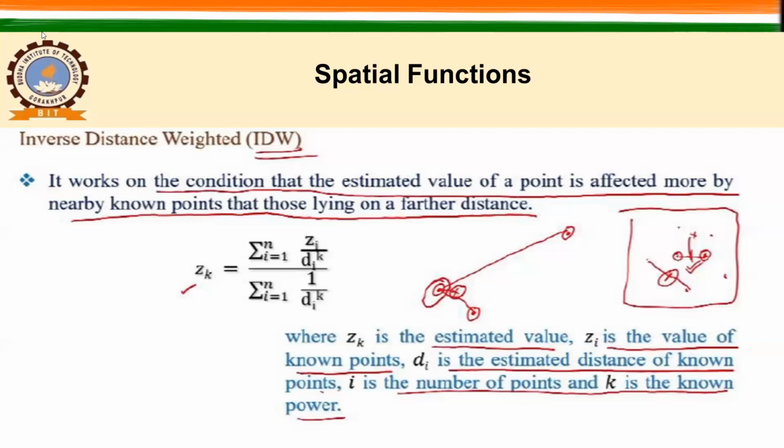So it may be wrong, or in another case, let us say this and this value are lying very far from each other, and there is one more value here. So if I want to calculate the value of this particular point, then if I use this relationship, or this relationship, which one could give more or better results, it is expected that the weightage of this particular point should be more on this particular location. Why? Because it is near to this position, right, or near to that place. So that is why we have started thinking toward this distance weightage. As the distance is decreasing, the weightage will increase. As the distance is increasing, the weightage will decrease.